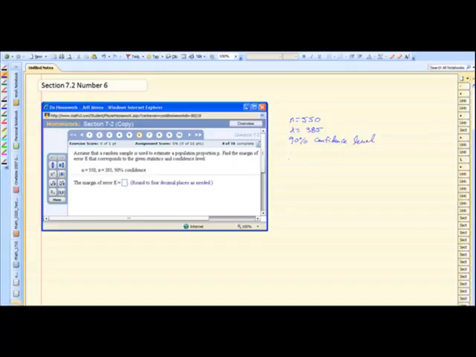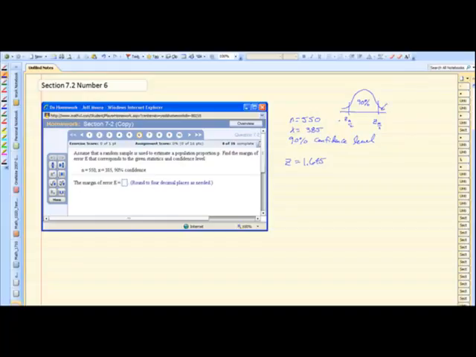Now, if we find the z-score associated with a 90% confidence interval, we'll find that it is 1.645. And we can do that using StatCrunch. If we look at what a curve looks like where 90% of the data lies between some value z sub alpha over 2 and its opposite, minus z sub alpha over 2,